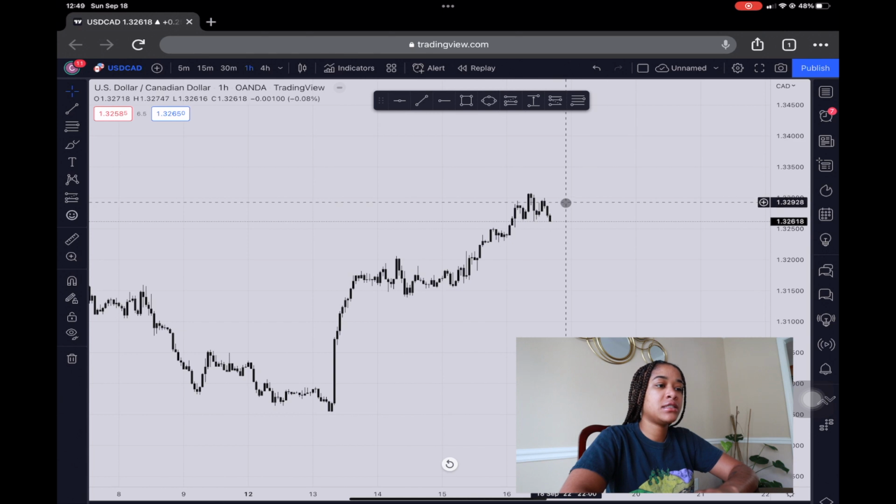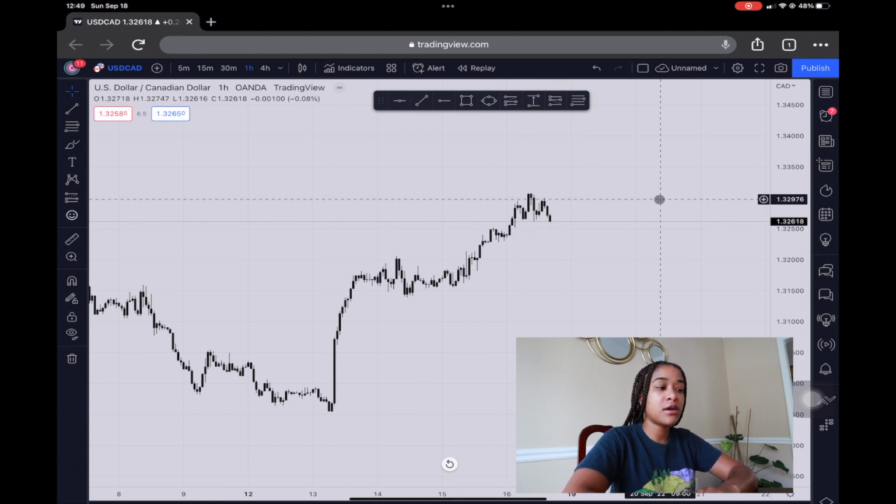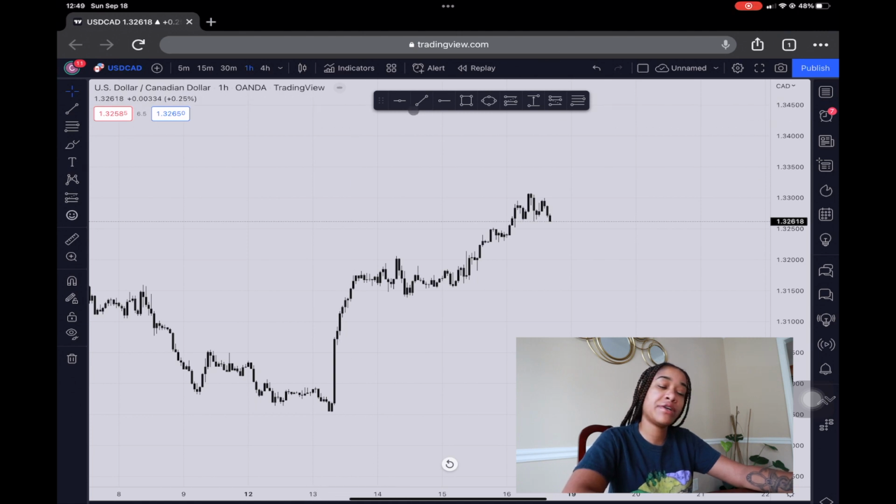I do recommend going ahead and making an account so that you can save your favorite pairs, and you can make a favorites bar, which is this up here. So tools that you use commonly will be right within grasp, okay? Also,